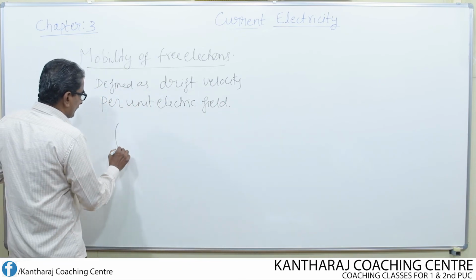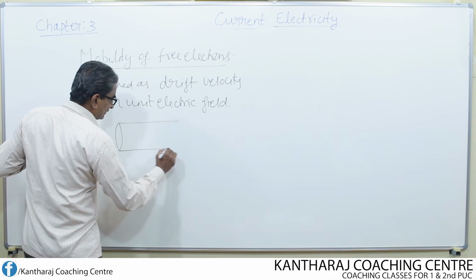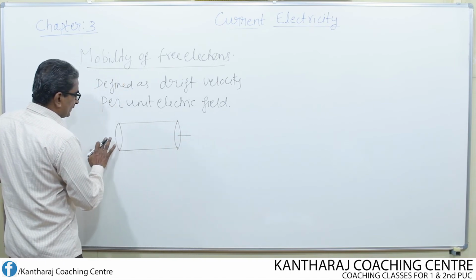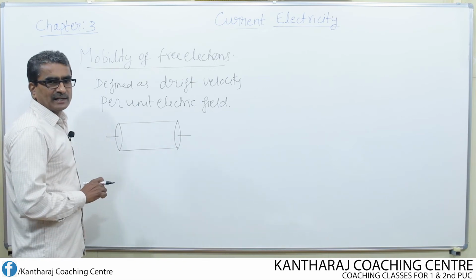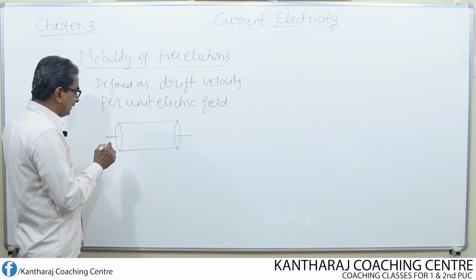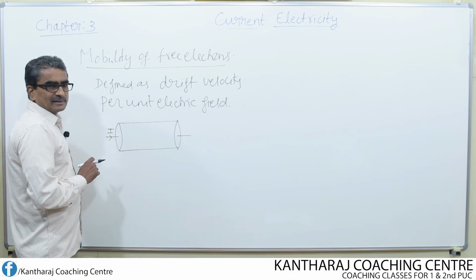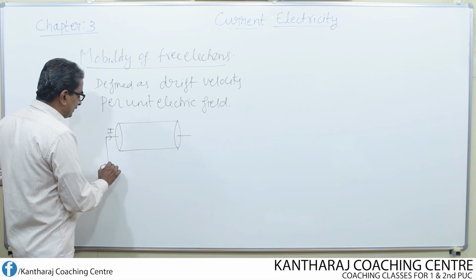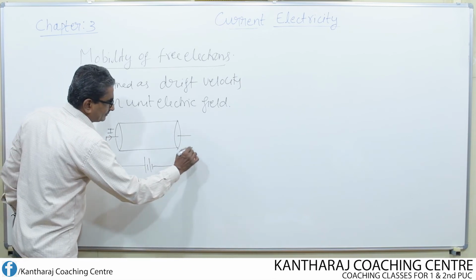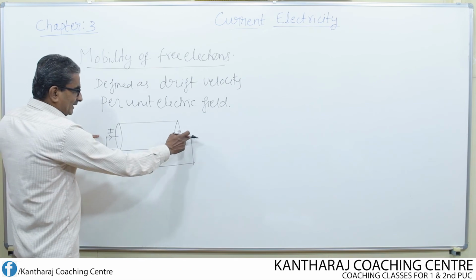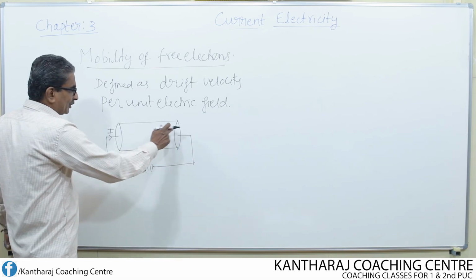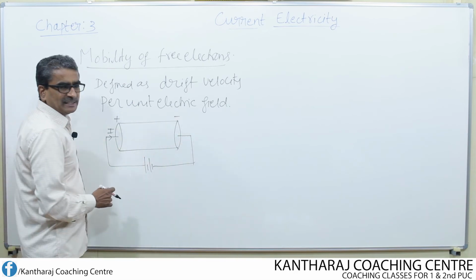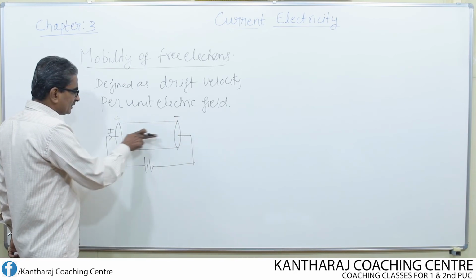That means if I consider a conductor, and I apply some electric field, how can we apply the electric field? Don't forget, we can apply the electric field by passing the current. How do we pass the current? By connecting the two ends of the conductor either to a cell or to a battery. That means if we maintain the potential difference between the two ends, if this end is maintained at positive potential and this end is maintained at negative potential, because of the potential difference, current starts flowing.